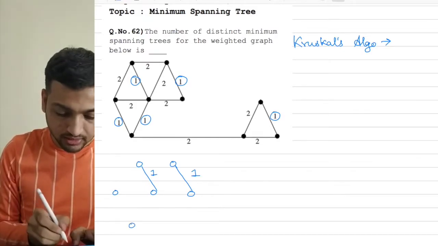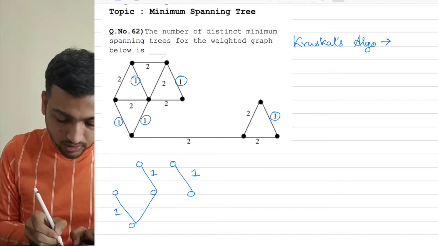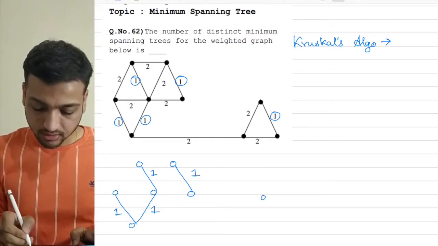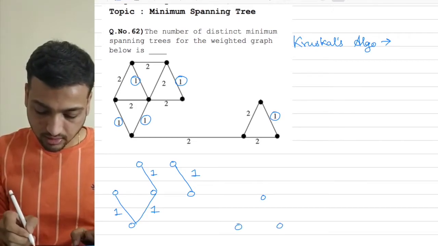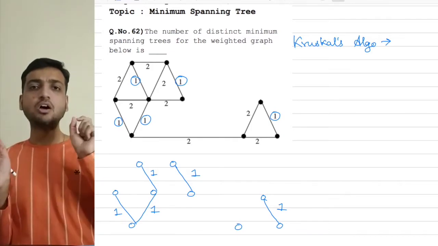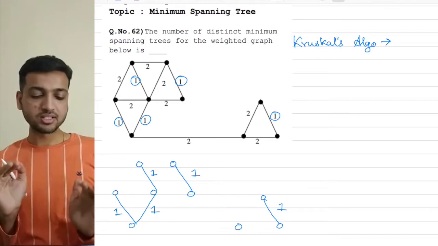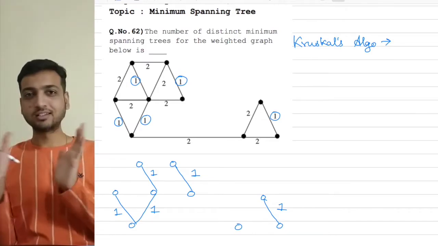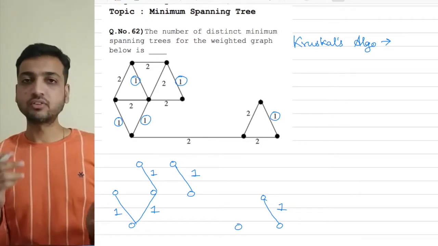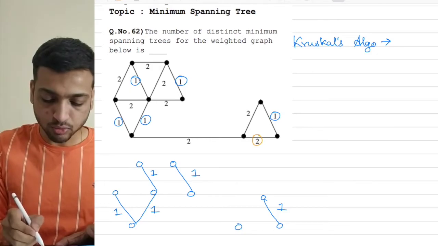Then we have one more vertex here, and we will take both 1 and this one is 1. And then we have a small triangle here. Okay, this and this and this, and we have a 1 here. Okay, so I've added all the edges of weight 1, and as you can see, the graph is not connected, it is still disconnected into different components. So now we go for adding the edges of weight 2. Okay, so as you can see, we have 2 here and 2 here.